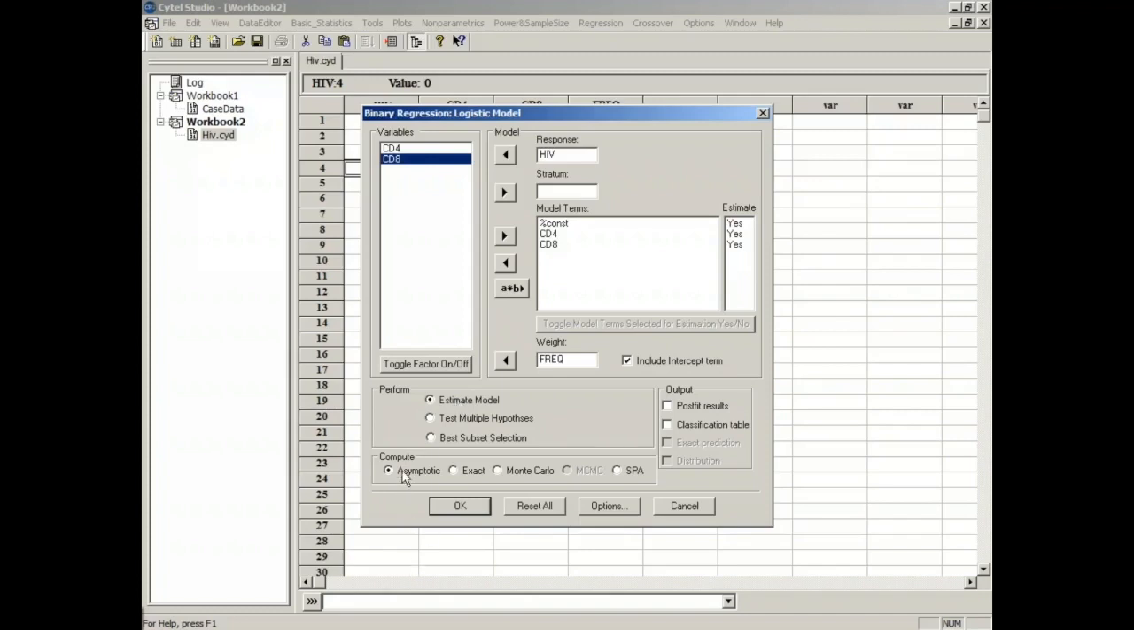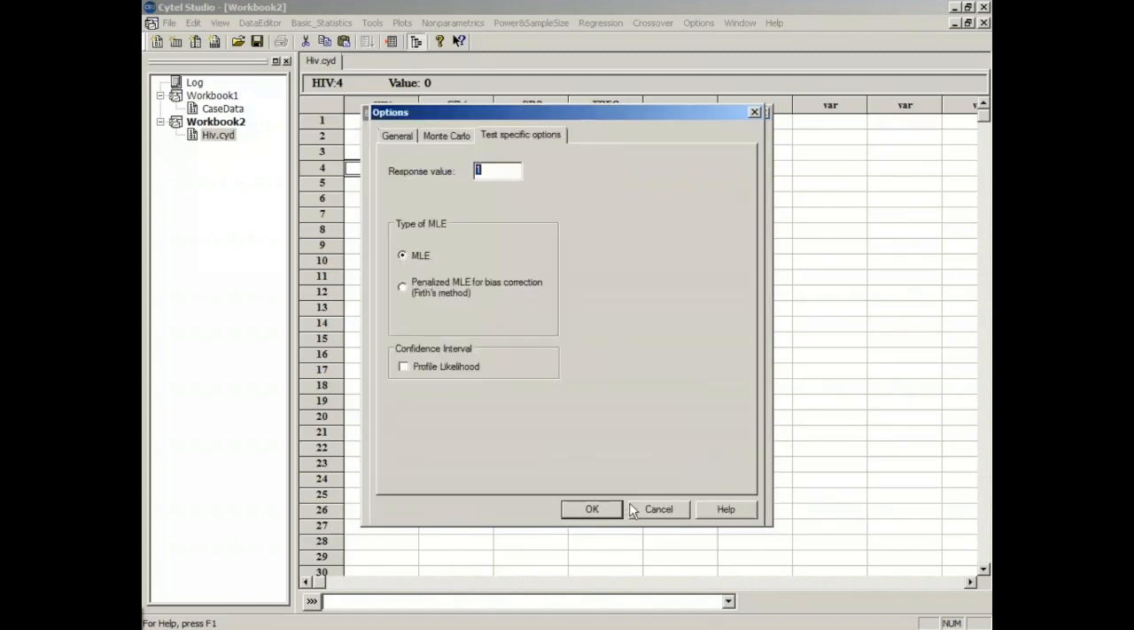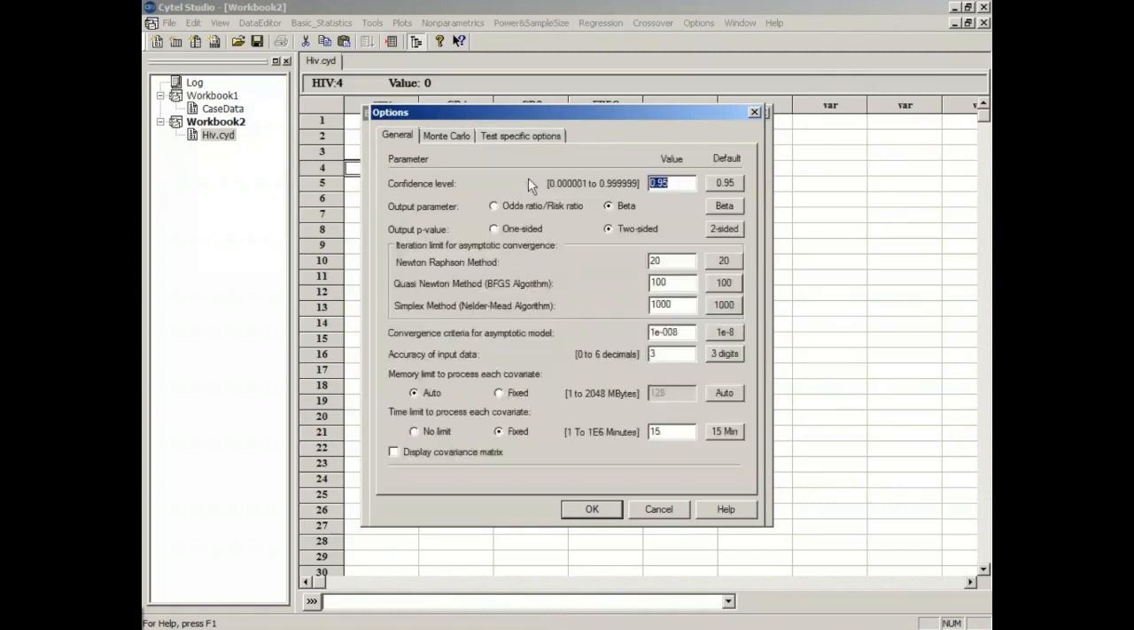Various computation methods are available in LogXact: asymptotic, exact, Monte Carlo, and the recently developed SPA. Here I'll choose the SPA method. We can also save the distribution of the SPA method. And in the Options tab, we have the General tab where you can specify the confidence level. If you're using an iterative procedure, then how many iterations you want to perform, what kind of output you want, one-sided